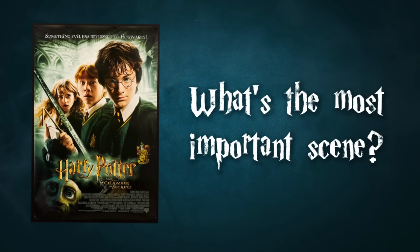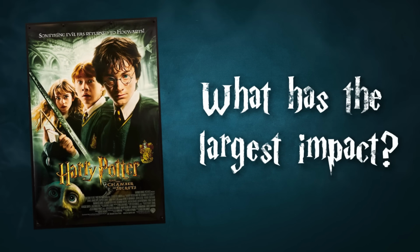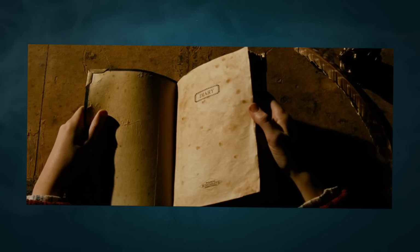What do you think the most important scene in the Chamber of Secrets is? What has the largest impact to change the direction of everything that is happening? In my opinion, the discovery of Tom Riddle's diary is the singular moment in which Harry's entire year gets flipped